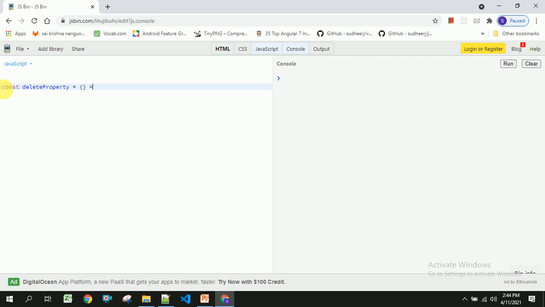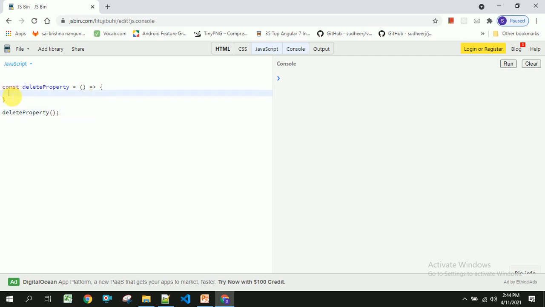This is the arrow function syntax, and I am going to call this method here.